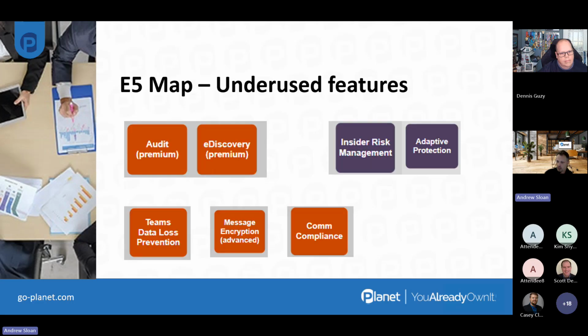And then the ones that we're going to really focus in on today is Audit and e-discovery premium, insider risk, adaptive protection, Teams DLP, message encryption, advanced message encryption, and communication compliance as well. So I think you're going to get a lot out of that. You're going to find, hopefully, some things you didn't realize about those capabilities and how they can really bring value